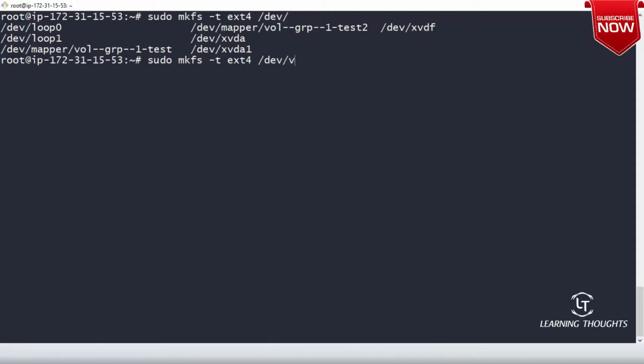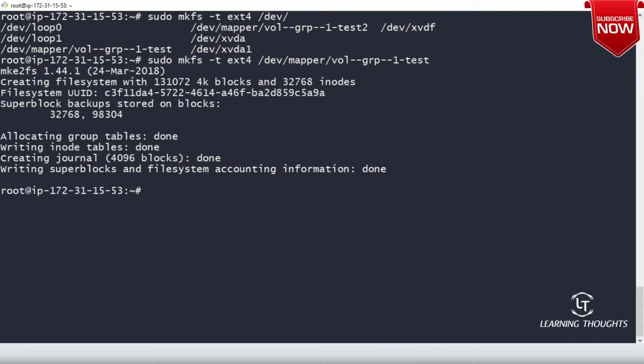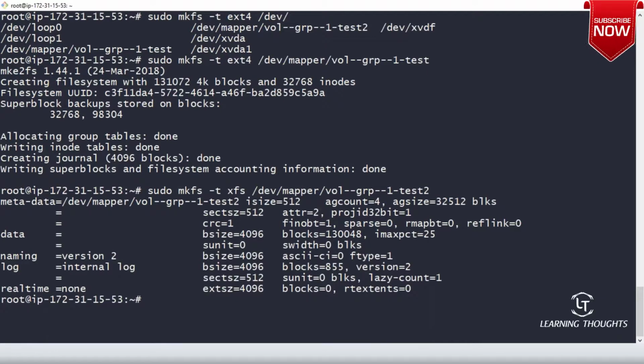Are you seeing the necessary stuff over here? So /dev/mapper/volume-group-1-test1. Now you go and mount it anywhere. And I'll basically use type xfs for volume-group-1-test2. Am I able to do it?